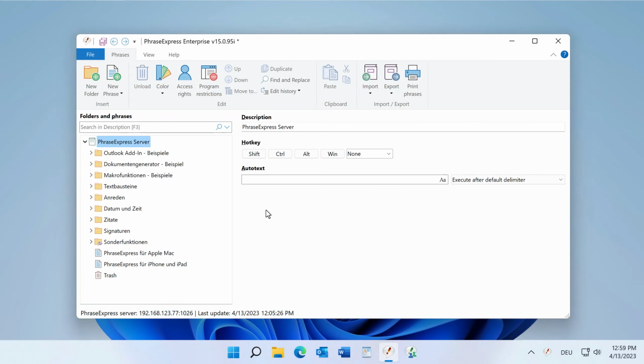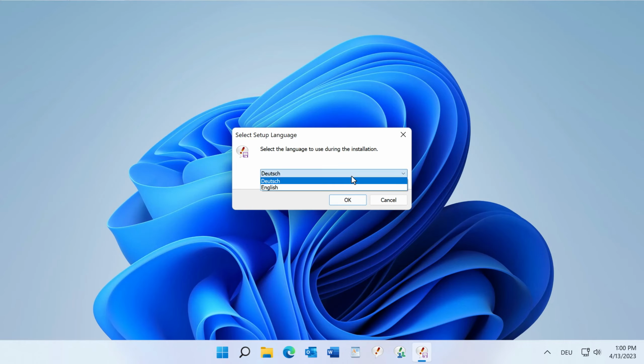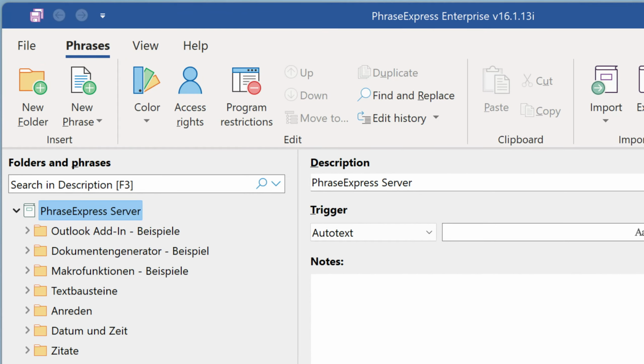The PhraseExpress server has retired. To migrate your old installation with the PhraseExpress server to the new version, proceed as follows. Exit the old PhraseExpress client. Install the new PhraseExpress client. While the server has retired, the new PhraseExpress version can still load the PhraseExpress server to allow you migrating your